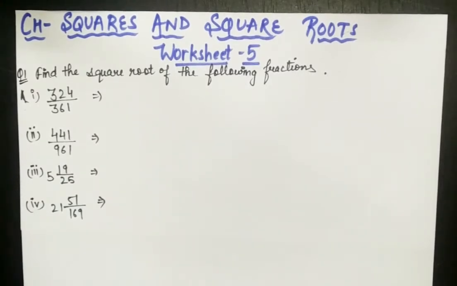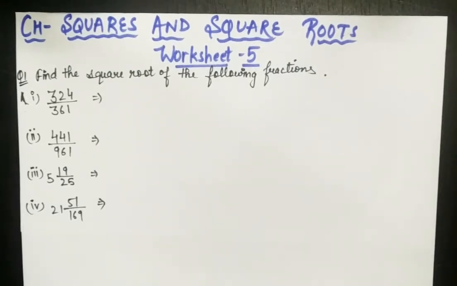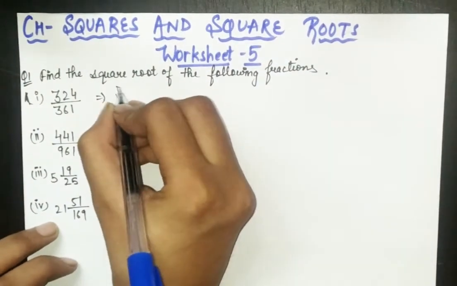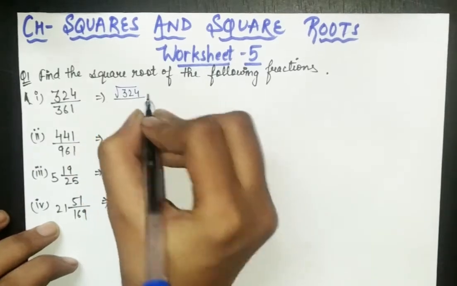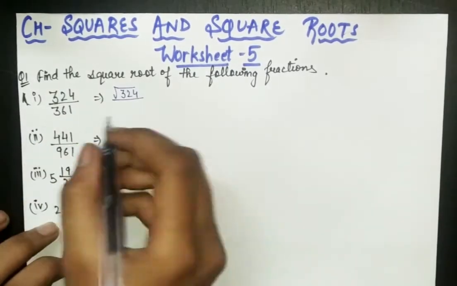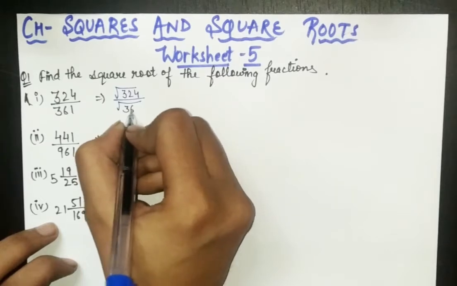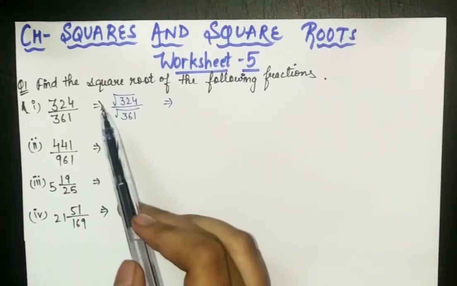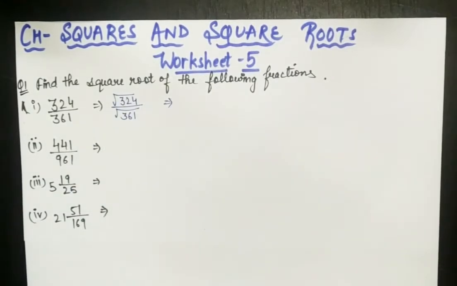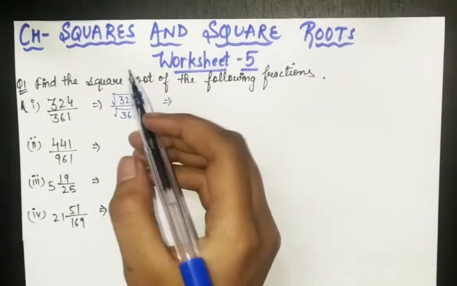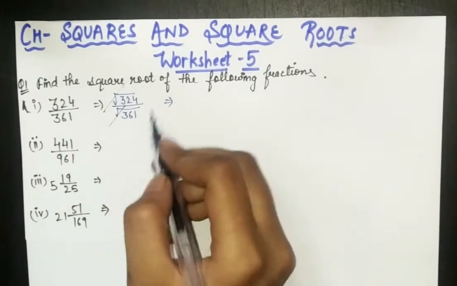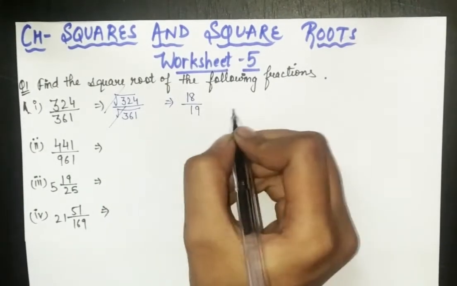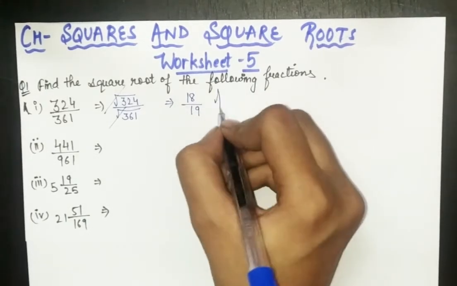And here I am proceeding as I have told you earlier also. So I think you know that 324 is the square of 18. So how will you write it? First you will write root 324, you will make a root here upon 324, and similarly with 361 you will make root of 361 also. Then you can simply cut these roots, and you all know that 324 is the square of 18 and 361 is the square of 19. So here's the answer. You have to write this much only.